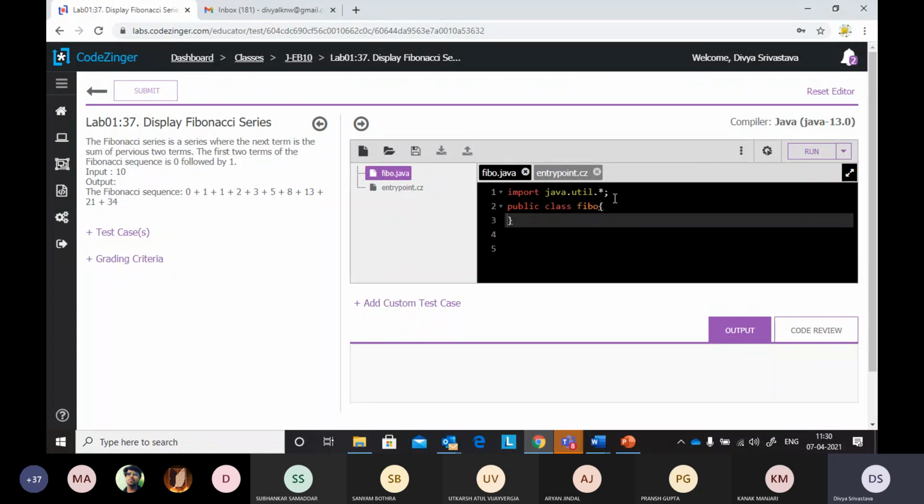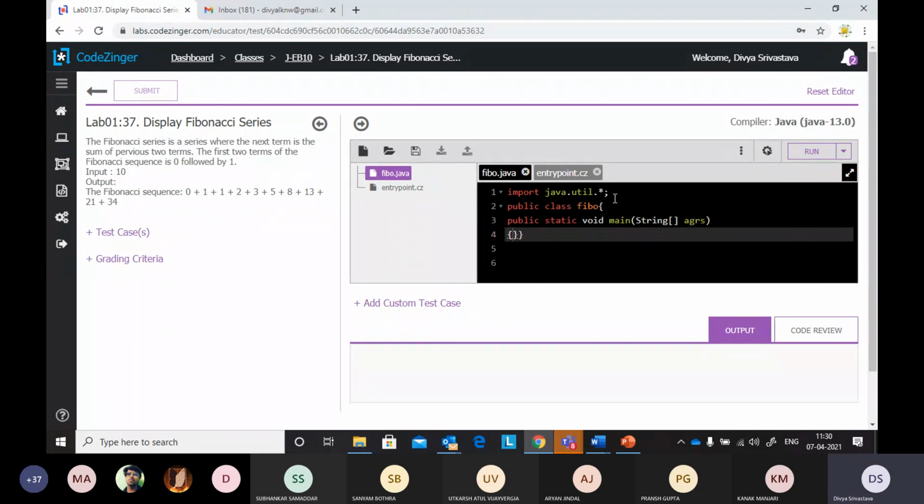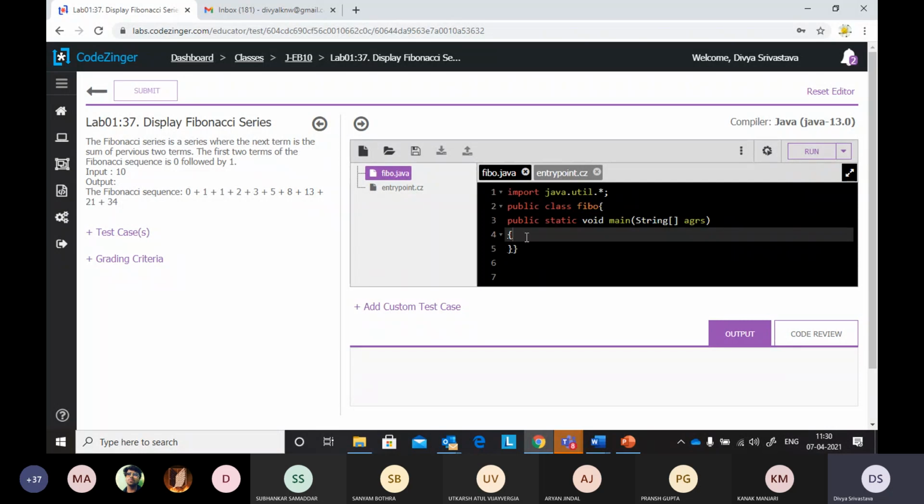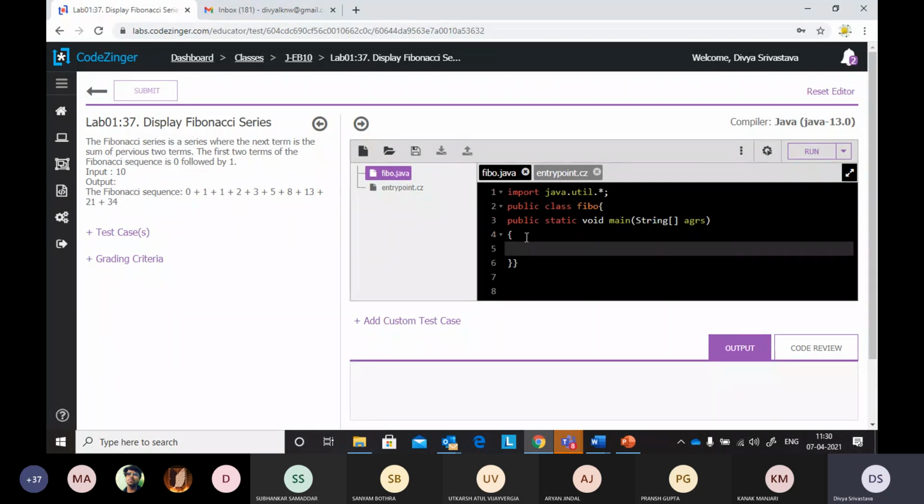Then here we have public static void main, String args.